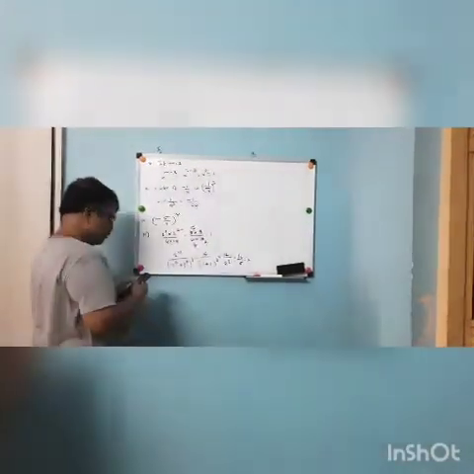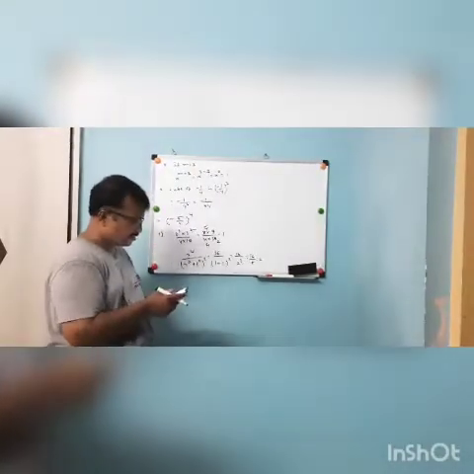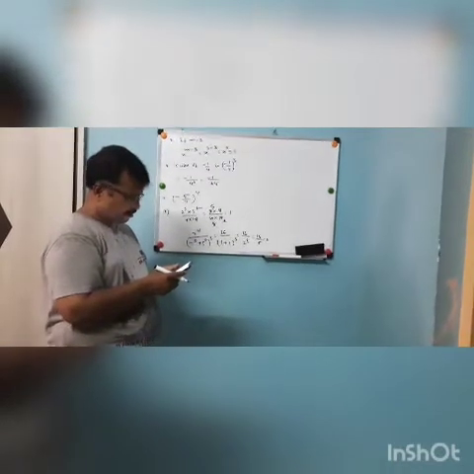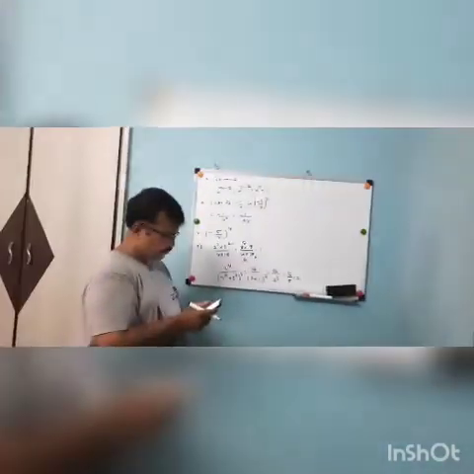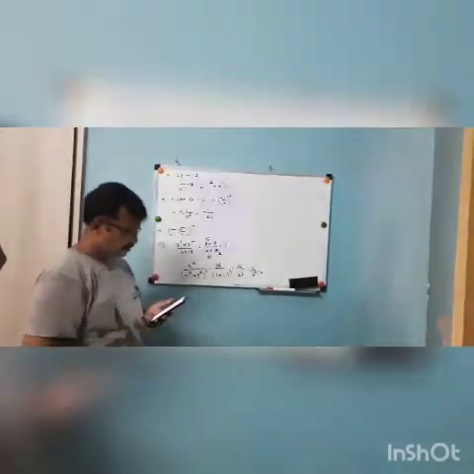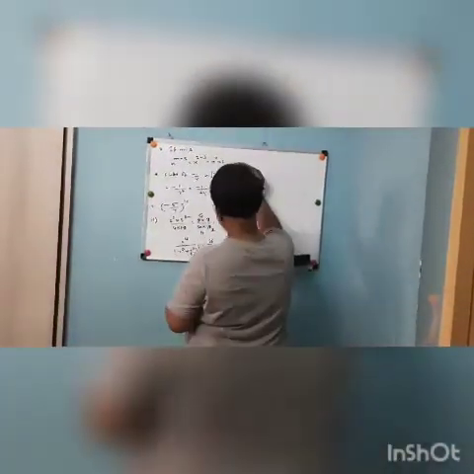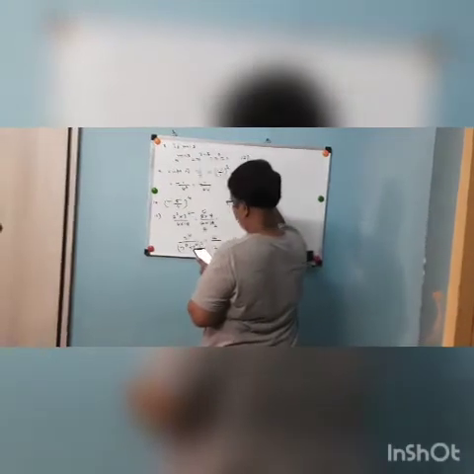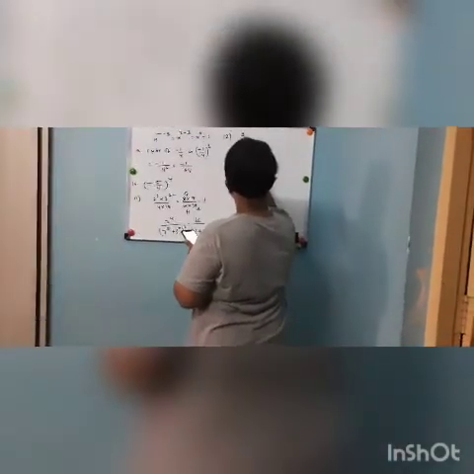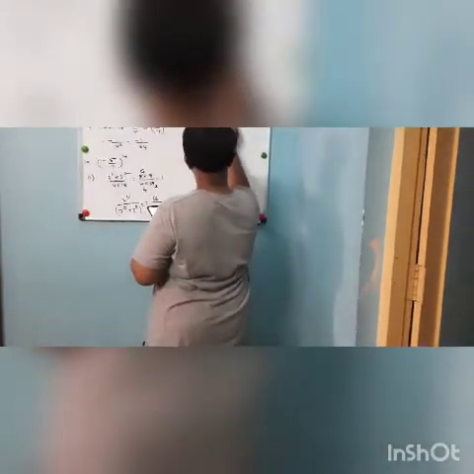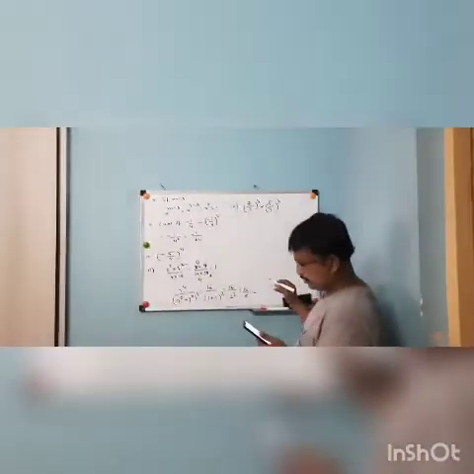So it is not equal to 1. That's why the last option is right. So the 11th one's answer is 4, the fourth option. Next, 2 by 3 whole cube into 5 by 7 whole cube. So the 12th one, 2 by 3 whole cube into 5 by 7 whole cube is equal to...